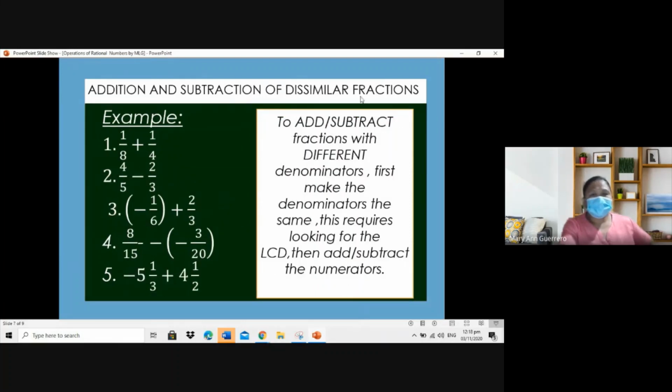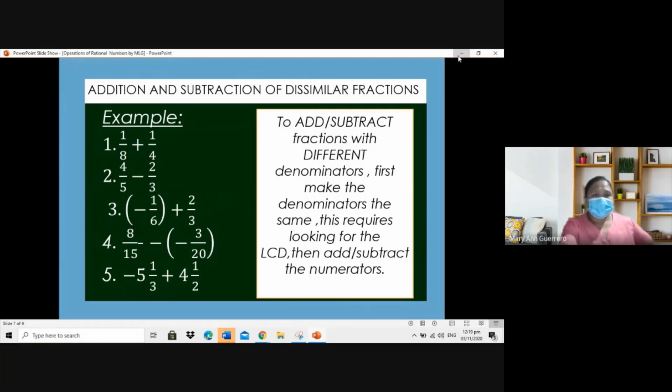Now let us have addition and subtraction of dissimilar fractions. To add or subtract fractions with different denominators, first make the denominators the same. This requires looking for the LCD. Then add or subtract the numerators. For example, 1/8